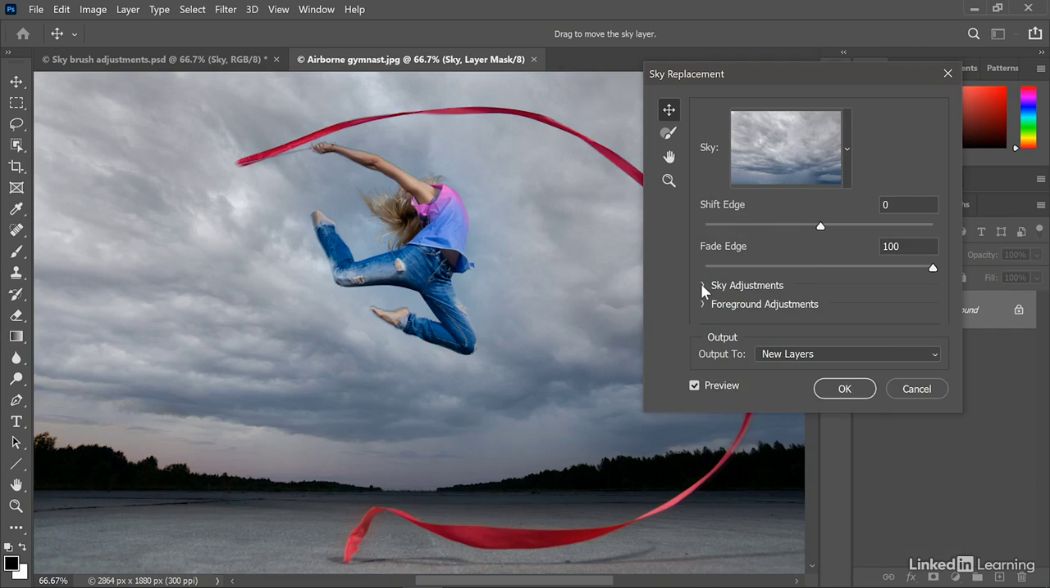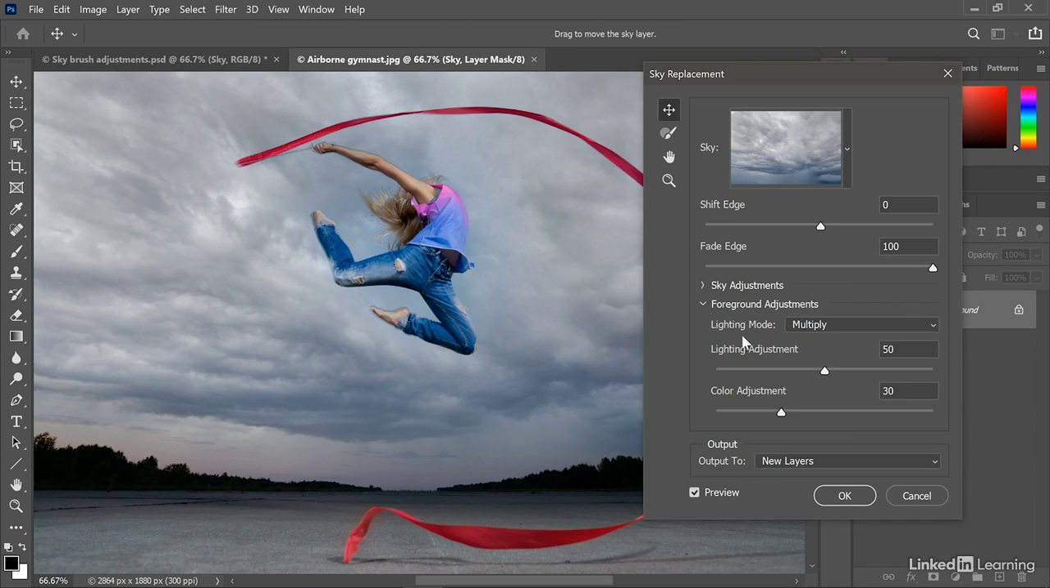And so I'll go ahead and click off that panel to hide it. Then I'll twirl close Sky Adjustments and I'll twirl open Foreground Adjustments. So notice that we have two lighting modes: multiply, which is going to darken the subject of the photograph, and screen, which is going to make it brighter. Obviously, screen